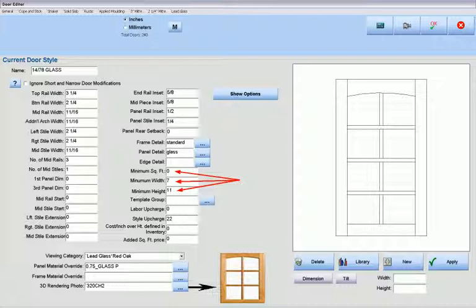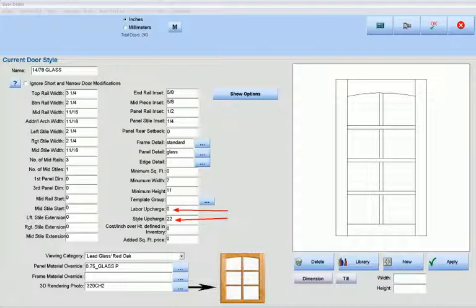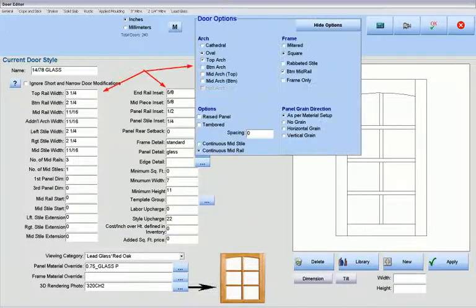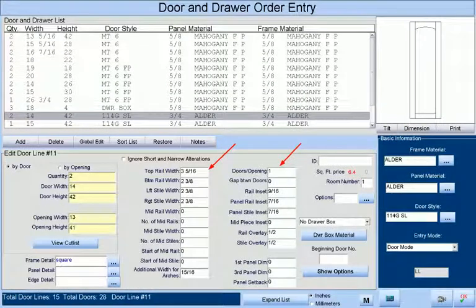Minimum square footage is used as a minimum charge at the bidding screen, and both a style and labor upcharge may be assigned to each door style for pricing purposes. Upon selection of a door for a given job, all of the information that you see on this screen is copied into the order entry screen so that the information for individual doors in a job can be modified without